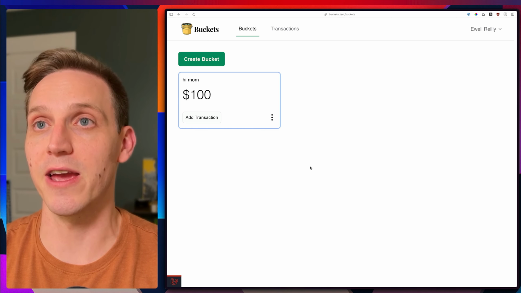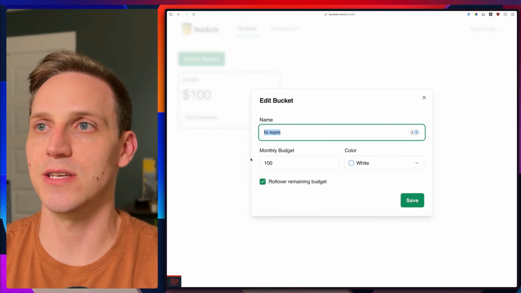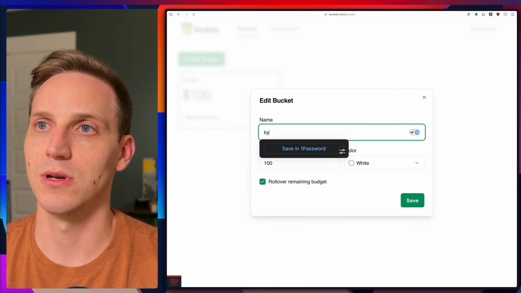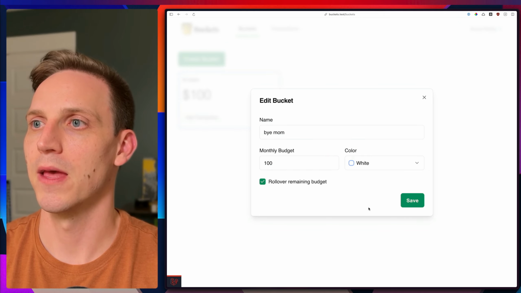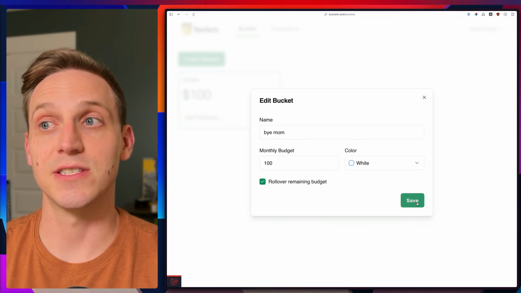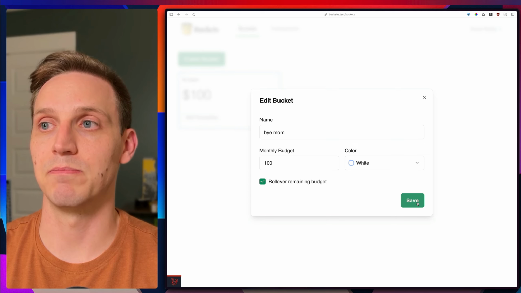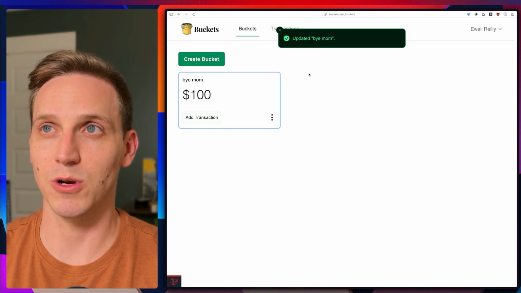The issue with my app is that, as an example, if we open this up, change it to bye mom, sorry mom. When I click save, it does get disabled as expected, but once the request is done, I'm going